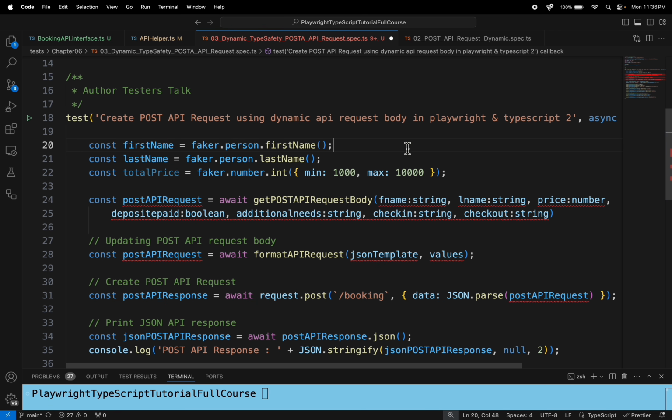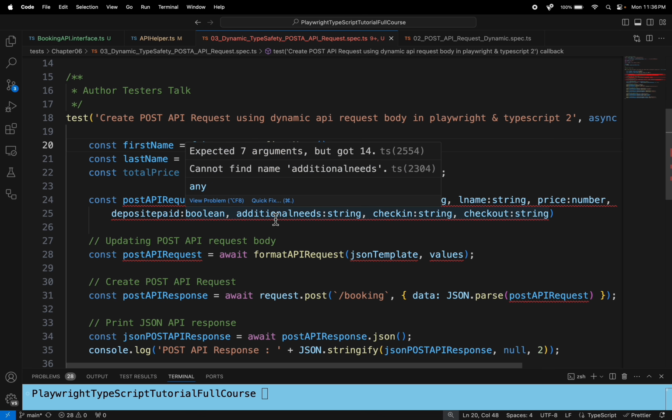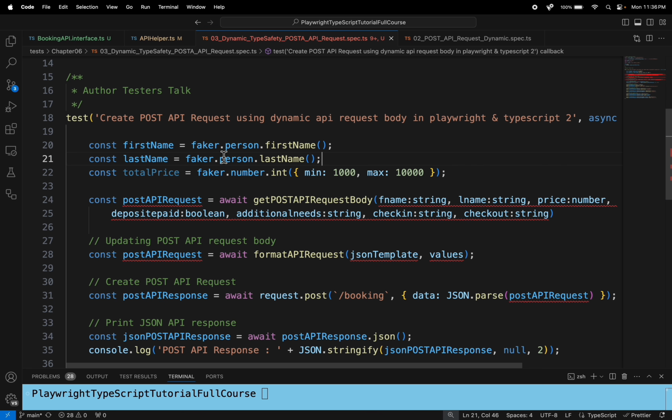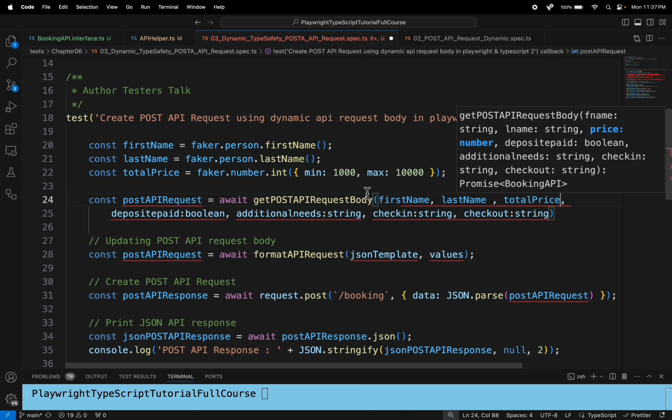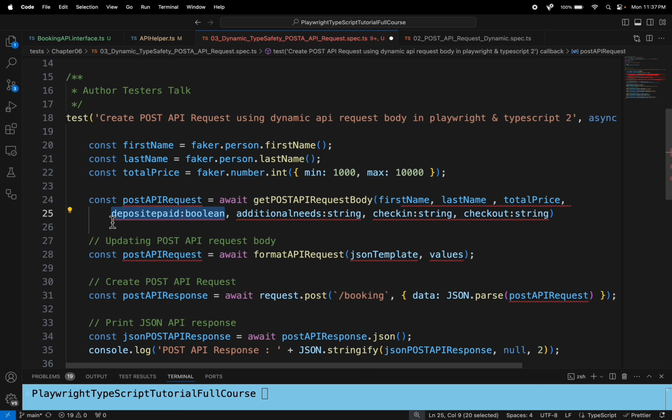So that's it guys. Now, let's pass each and every data to the get post API request body. So let's pass the first name here, whatever we are generating by using the faker plugin. So let's pass the first name. Let's pass the last name, and let's pass the total price. And here we have to pass the boolean value. So here I'll pass it as true. Additional needs we have to pass it here. So let's pass breakfast as the additional needs for the customer,